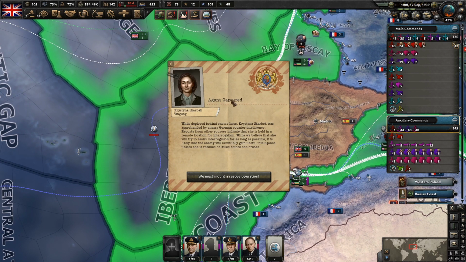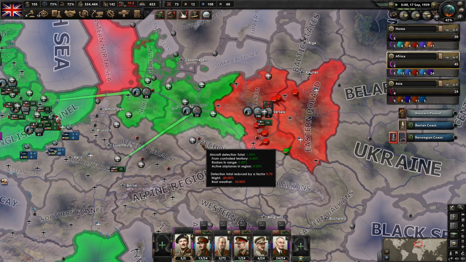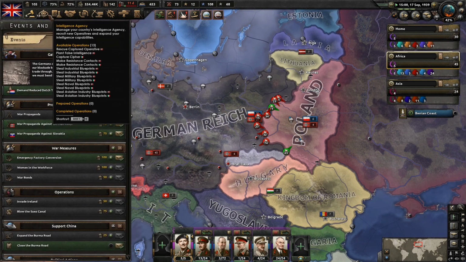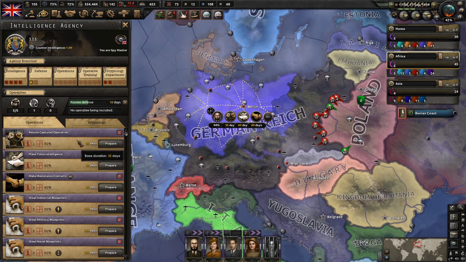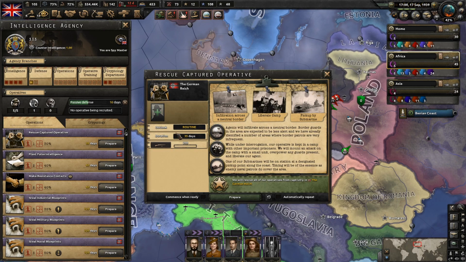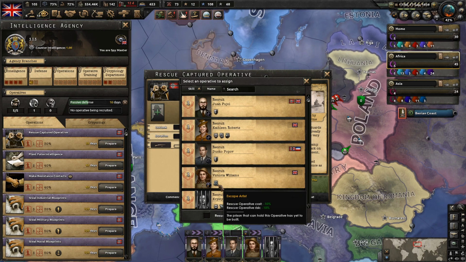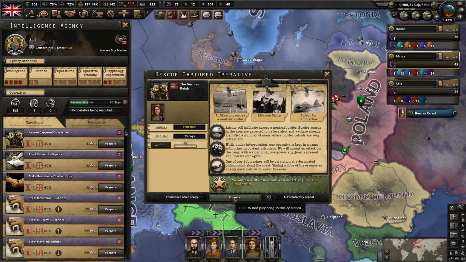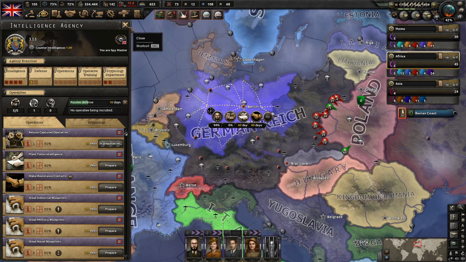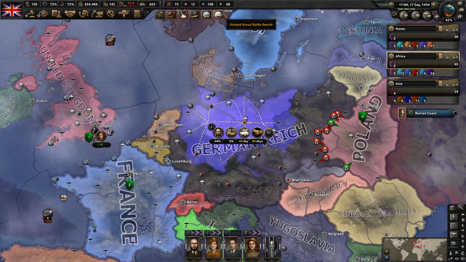Now we'll see. Oh no. So you got captured very fast. German counterintelligence is good. Alright, so we need to... I'll pop into there in a bit. We need to rescue her, of course. So rescue our captured operative. And we want to use Victoria for this. She's the one that's good at it, and she's on counterintelligence at the moment. As soon as possible. Thank you very much. And we're mostly building network strength anyway, so...